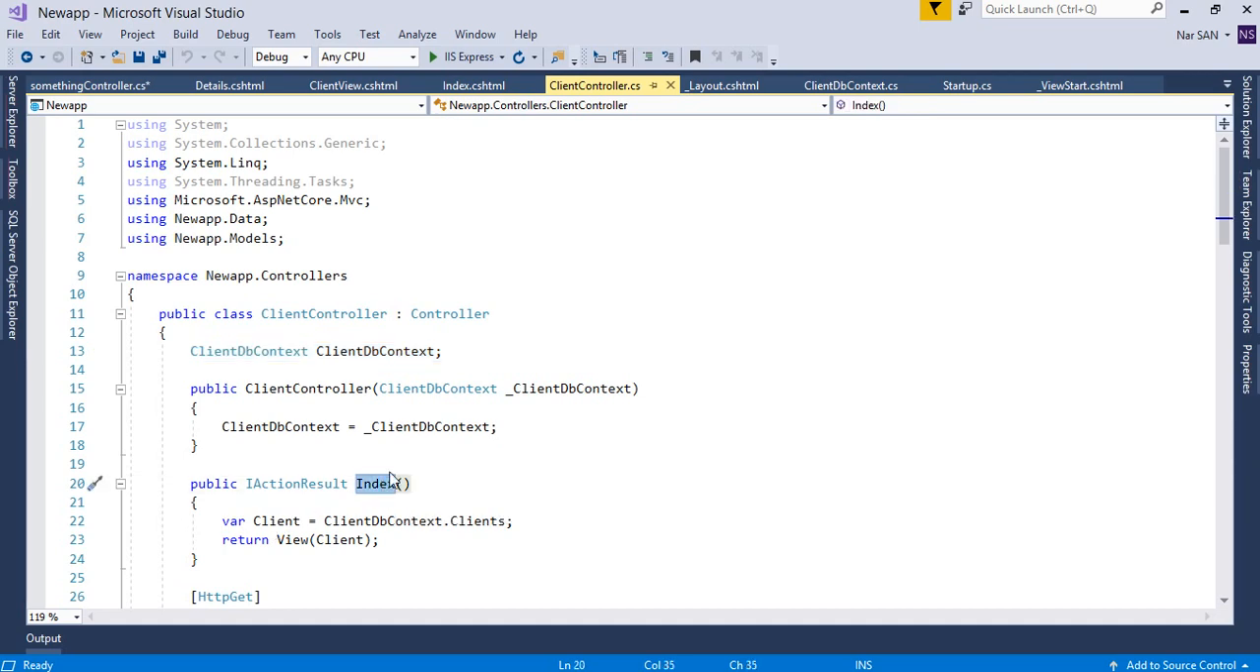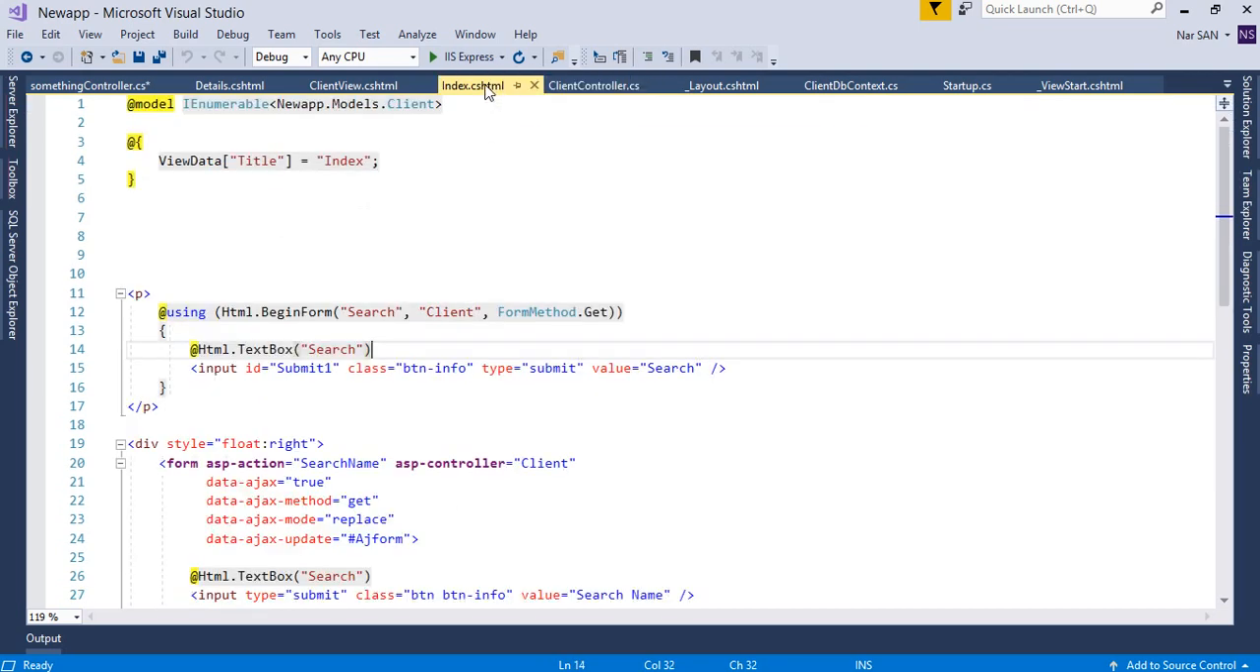So it's going to hit the controller first, and then it's going to hit the action, and whatever code is written there is going to execute. Okay. So here we have a list of clients, so it's going to render that, and it comes to the index page, and here using